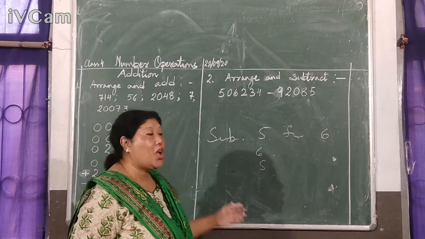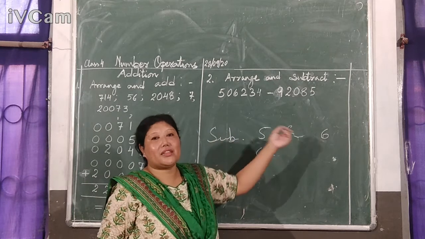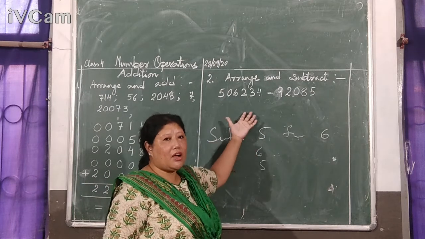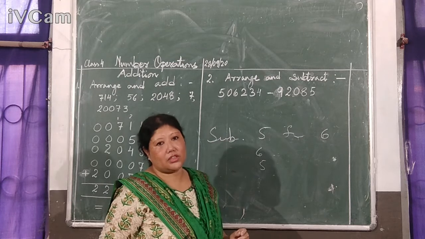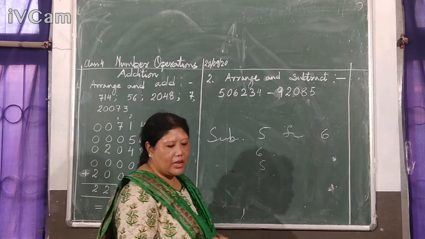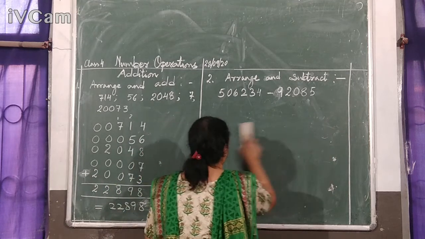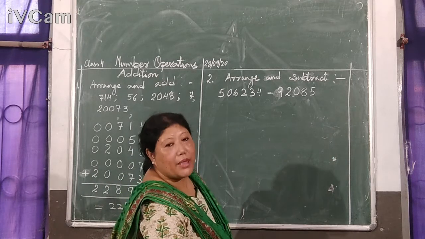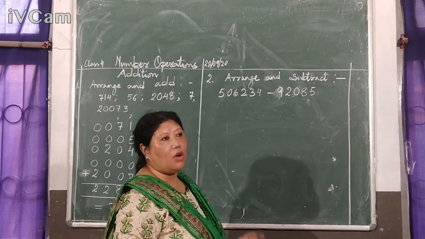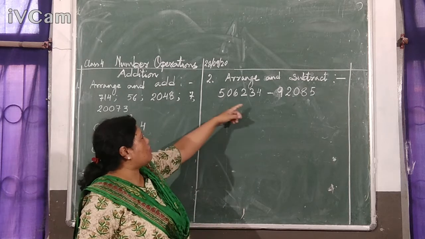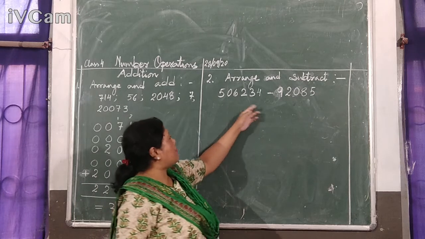But in all these, the easy method is you just compare the digits. Which one is bigger, you write that first. In any type of question, you can do that. So it's better to compare the digits. We learned before how to compare the digits. First count the digits, isn't it? Count the number of digits.